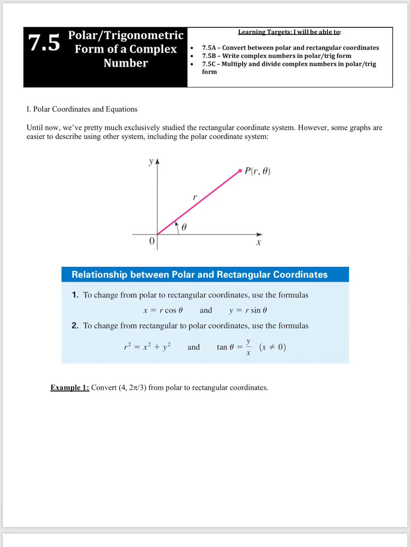We're talking about section 7.5 today, which is polar or trigonometric forms of complex numbers. This section and the last section of this unit are fairly different compared to what we've just studied and the rest of the trig that we've studied. But I think they're also a really interesting concept in math that we don't really get to talk about otherwise